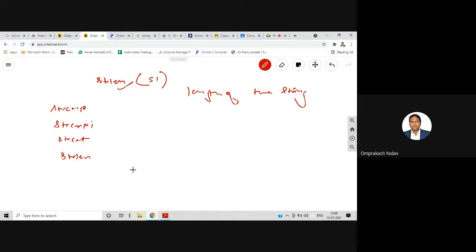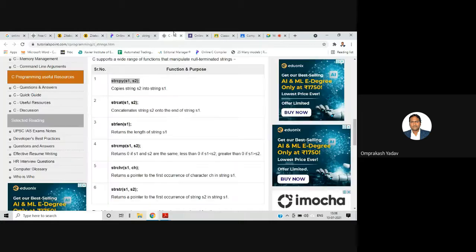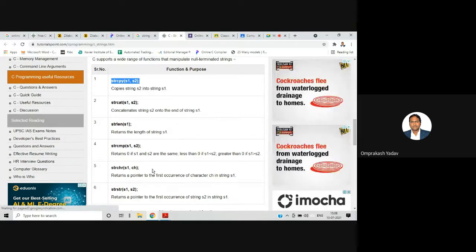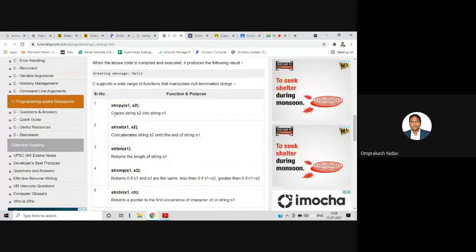Now there is the strcpy function also, which will copy one string into another string. Remember that when you use strcpy, it copies string s2 into string s1.